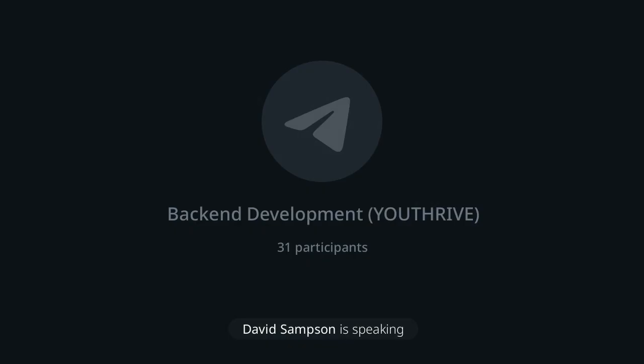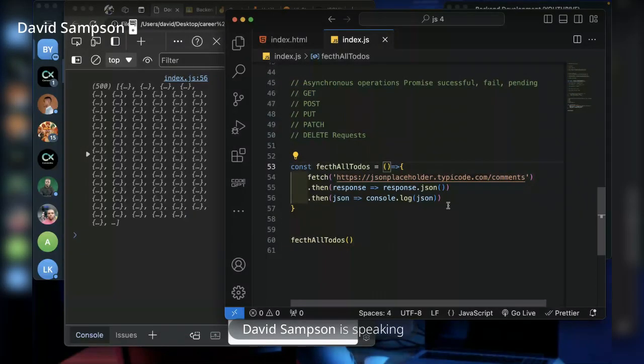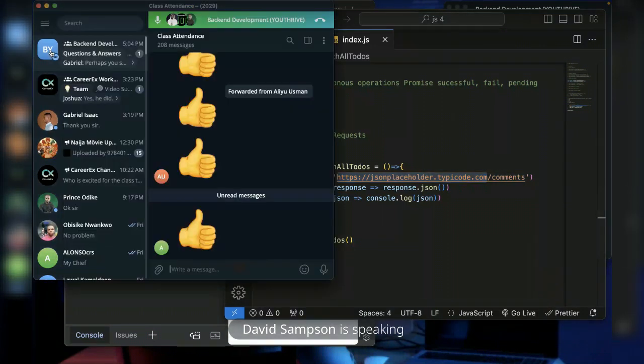But what I'm trying to demo is that you can actually make a request. The URL is this. This is the URL to the backend, but here is the resource, which is the endpoint, the resource you are trying to get. By adding comments, you're getting comments. By adding users, you're getting users, and so on and so forth.